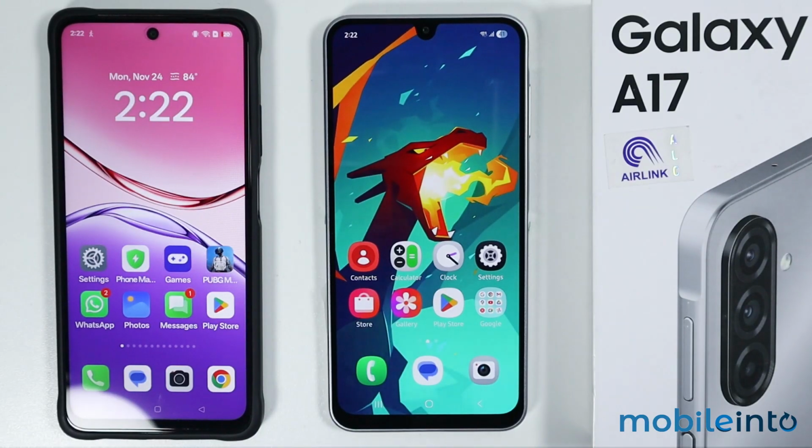Hey, what's up guys? So in this video we will see how to use Quick Share on the Samsung Galaxy